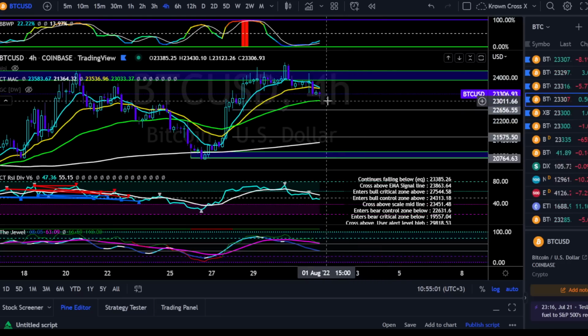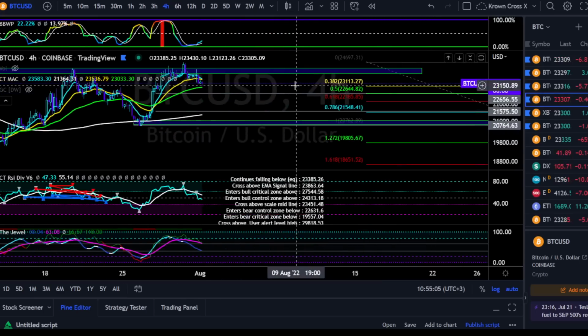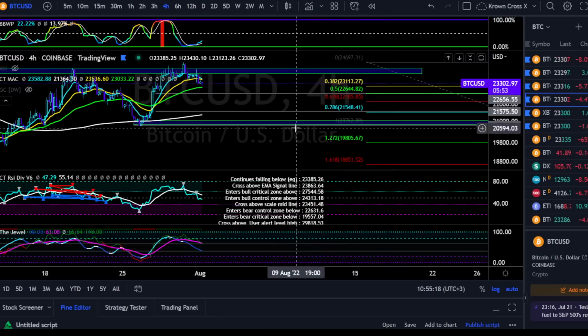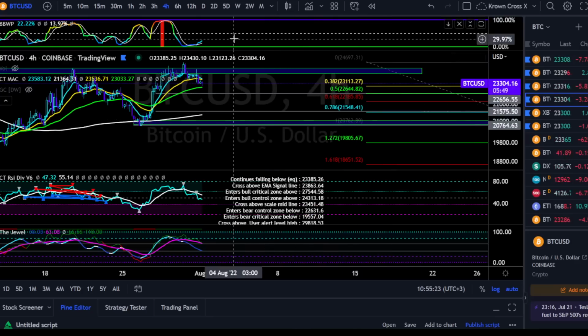Kind of short term, we've already hit the short term pivot. I think that's also in alignment with one of our fibs here. Let's just double check. Oh, what do you know? The 0.382 is 23,130 or so, or 113. We've gotten down thus far to 23,123. I think that's close enough. Yeah, next one is 0.5, 22,650. And then below that, probably looking closer towards 22 to 21 and a half or so.